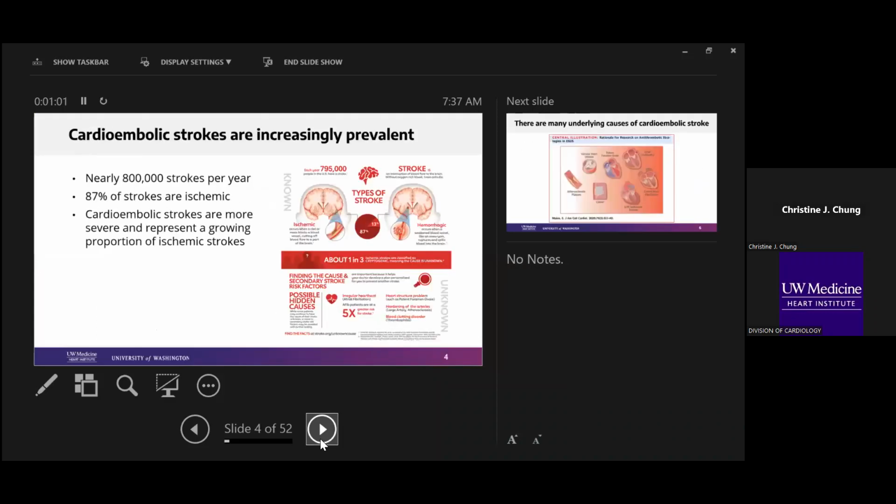Okay, so this is a nice infographic from the American Stroke Association showing that cardioembolic strokes are increasingly prevalent. In this country, ischemic strokes make up by far and away the largest proportion of stroke. It's nearly 85%, with hemorrhagic strokes making up a pretty small minority. And because cardioembolic strokes are associated with a lot of conditions that are in the elderly population, as the overall population continues to age, cardioembolic strokes are actually becoming increasingly prevalent. And one of the important things about cardioembolic stroke